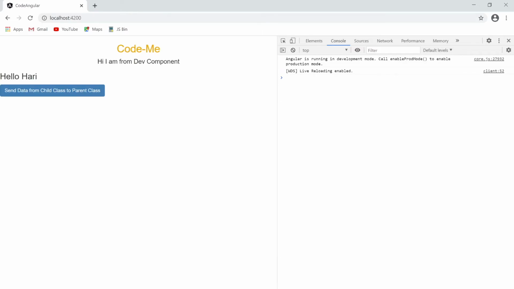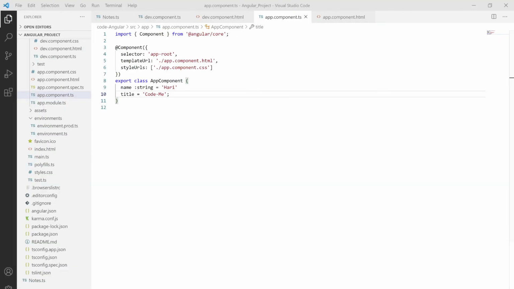After we send data, we have to change something. So if we hit enter and save, you can also put it on the console. So data is sent from the child component to the parent component, and here the text also changes. So let's take a preview of how we have made those changes.